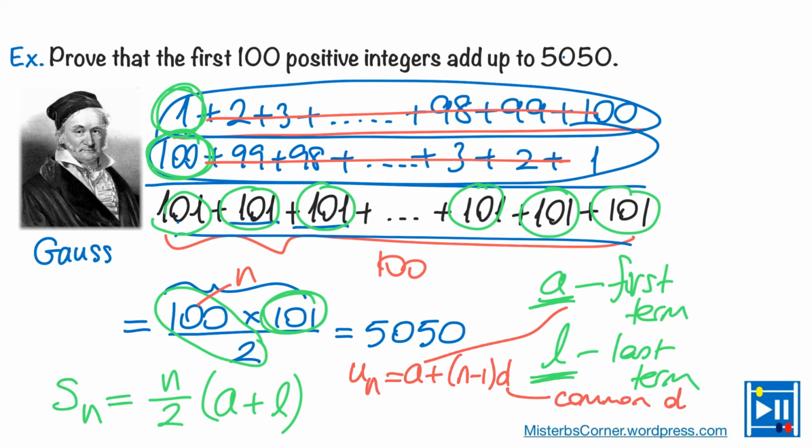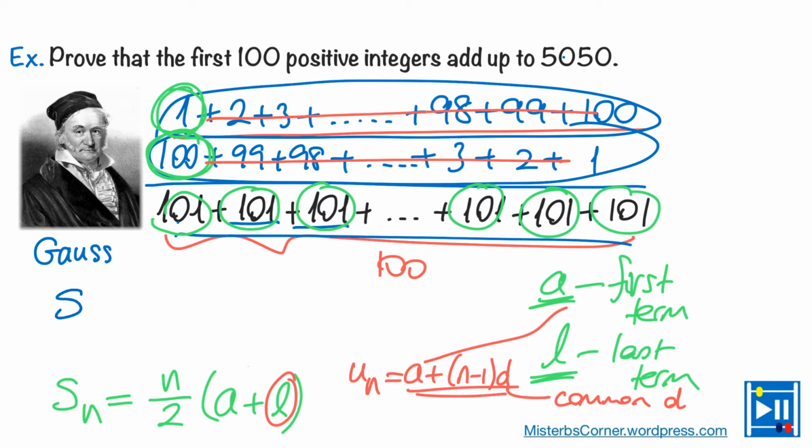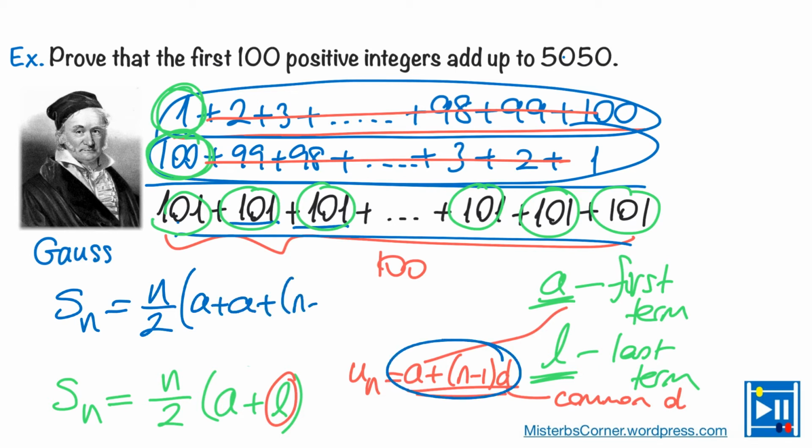So if instead of l I write this, then my formula will become S_n equals n over 2 times a plus a plus n minus 1 times d, where I can simplify and say that it's going to be 2a here,